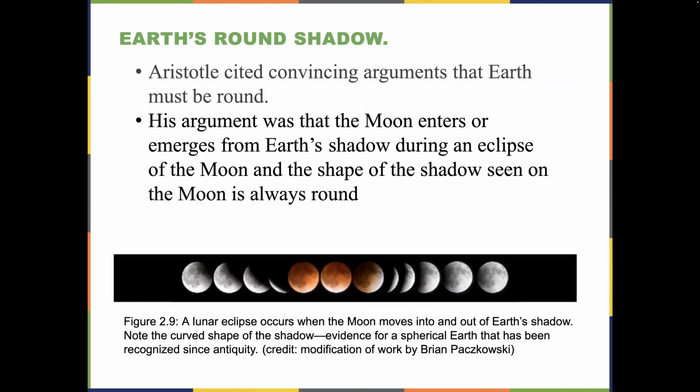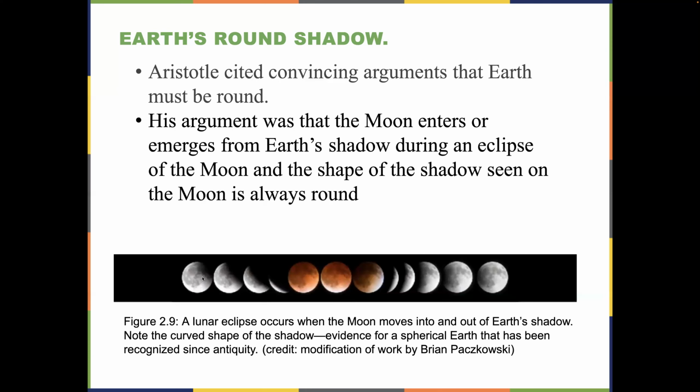But when the moon enters and emerges from the Earth's shadow during an eclipse, we can very clearly see the shape of the shadow, right, seen on the moon. And that shape is always round. And if you look at this particular series of images, you can see that